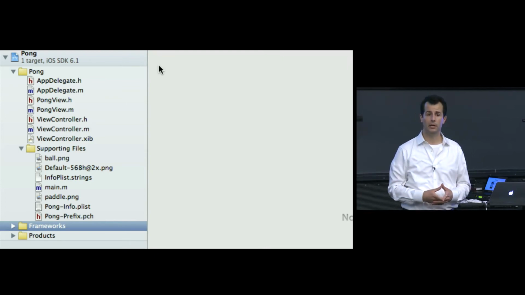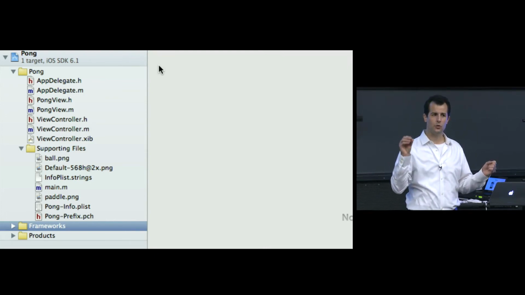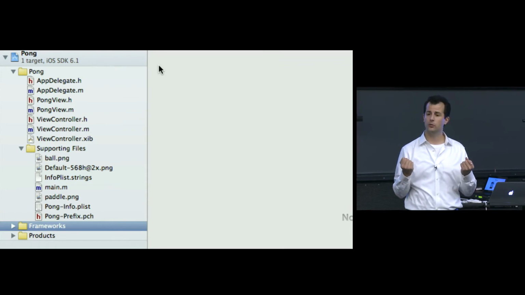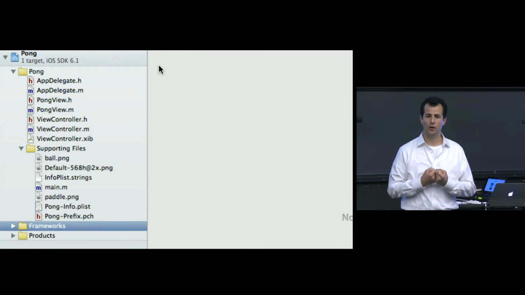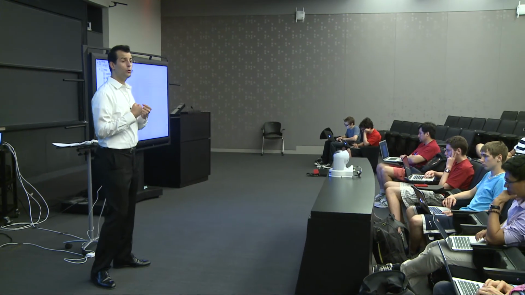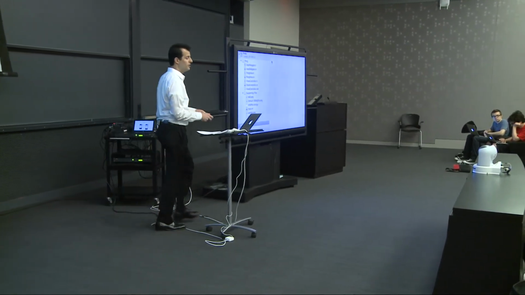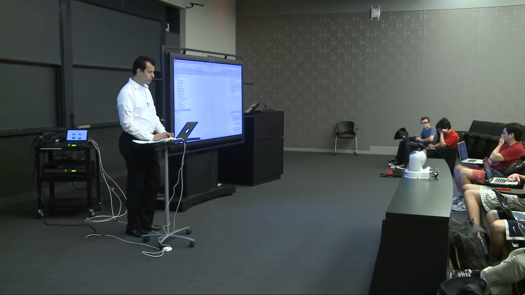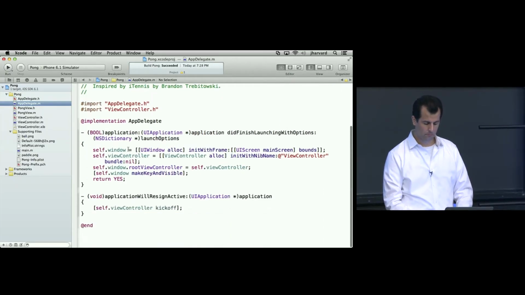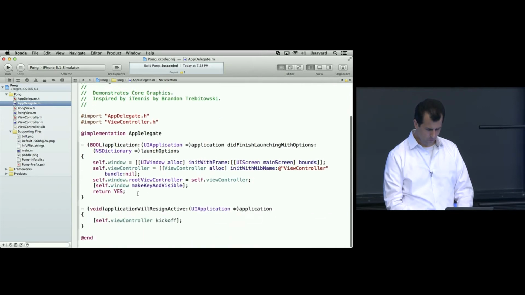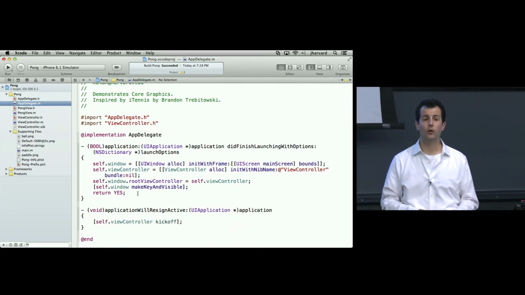Paddle.png and ball.png are just going to be graphics, but that's not enough. I can't just plop PNGs on the screen. What class do I have to wrap around these images, as we saw with Rob before? So a UIImageView. So we're just using a different UIImageView rather than making absolutely everything from scratch. So we'll start as always in the app delegate, nothing going on there. AppDelegate.m, nothing new going on there. Other than, actually this is one good thing to highlight, we've used the app delegate for terribly little other than